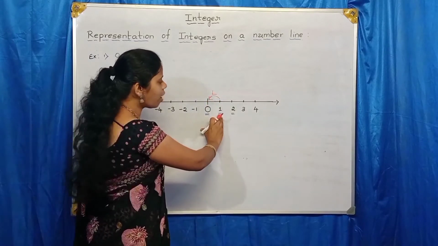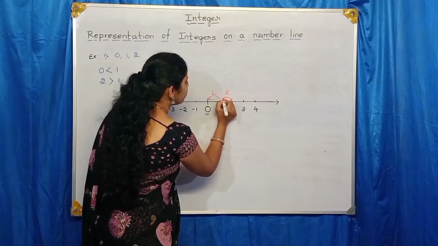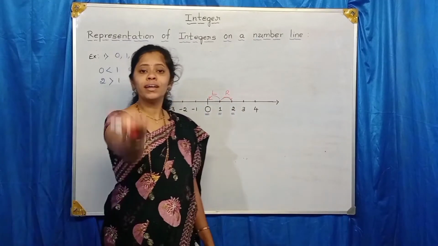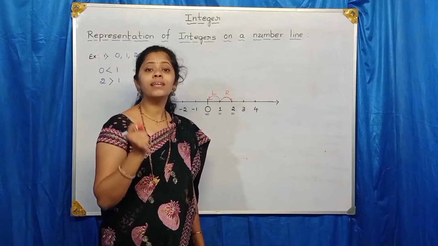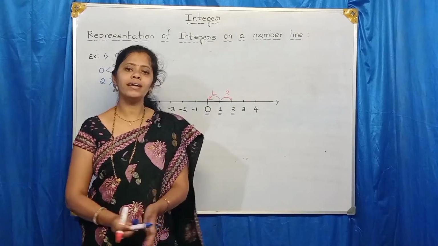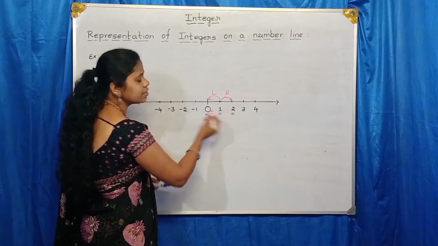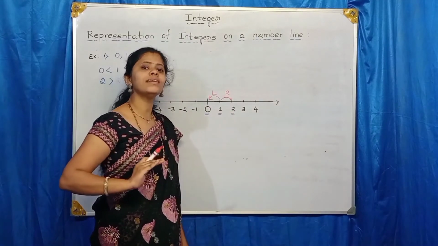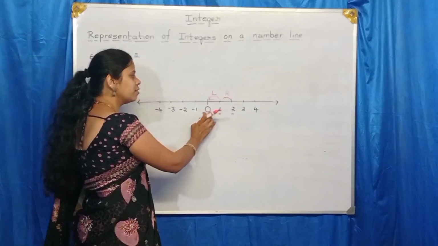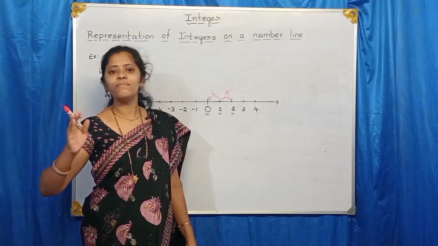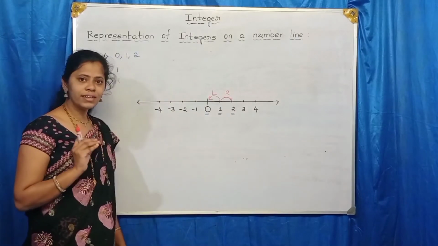But on the right side of 1, 2 is there, right? I told you the right hand, remember that example. The right hand represents the greater number and the left hand represents the lesser number. Since 2 is on the right side of 1, the value increases. That is, 2 is greater than 1. But 0 is on the left side of 1, so the value decreases. Did you understand this?